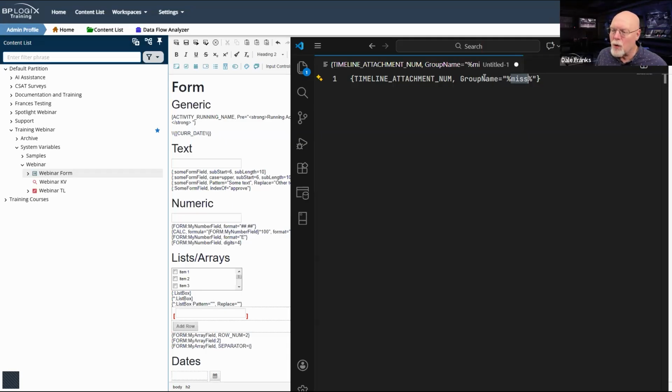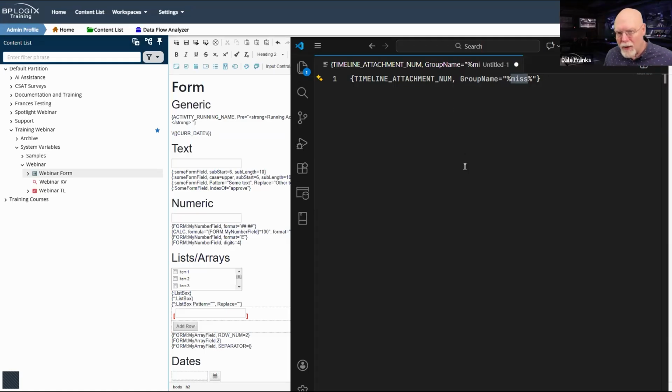Now, remember, this is group name, and there are a lot of system variables that return group names. And group names get returned as a text value. So basically, we can do this any time we need to look through text, in this case group name, but it kind of works anywhere. I've got these wildcards that enable me to do a search for that term somewhere in the timeline group name.